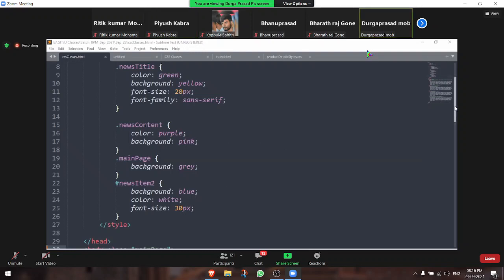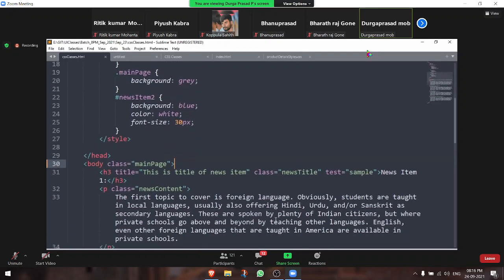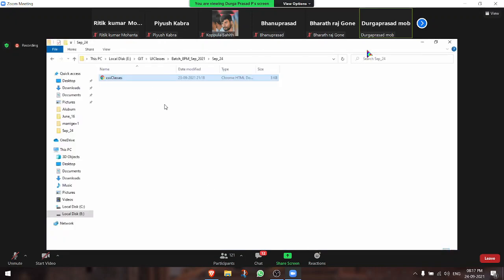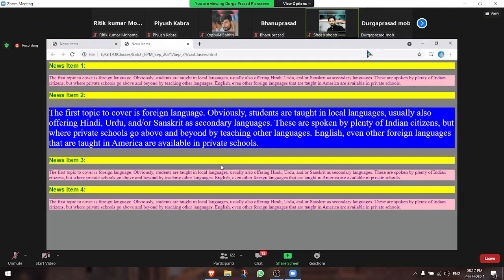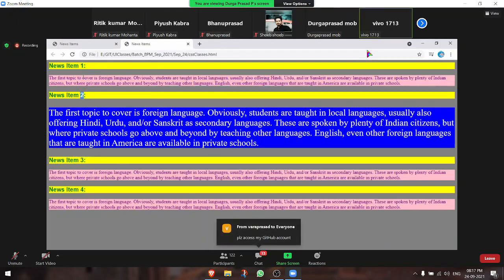If you clearly see the code here, this is the piece of code. Let me have a copy of this. I already copied this, and when you render this content, this is how it is getting rendered. Every heading tag is going to have the same look and feel. Yes or no? This is a heading tag, the H3 tag. The yellow bar, whatever it is, it is an H3 tag here.